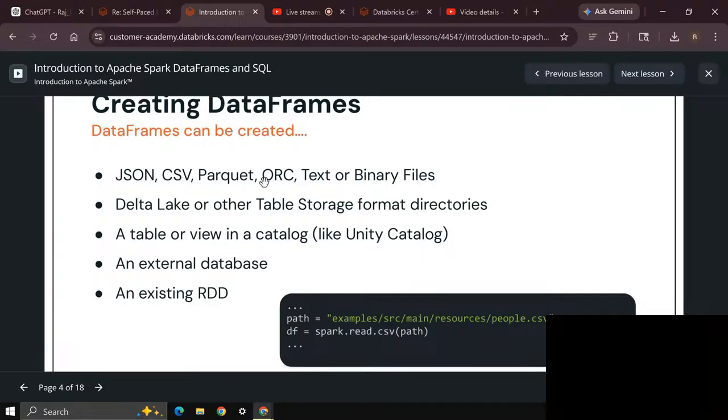Okay, data frames can be created from JSON, CSV, Parquet, ORC, text, or any other binary files, Delta Lake or other table storage format directories, a table or view in a catalog like Unity Catalog, or an external database that already exists. Where can we create from? For example, we need to specify a path and df equals spark.read.csv with the corresponding path. If you give that, the CSV file will be read and df is the data frame which is created. So from different sources like spark.read.json, spark.read.parquet, spark.read.text, something like that,